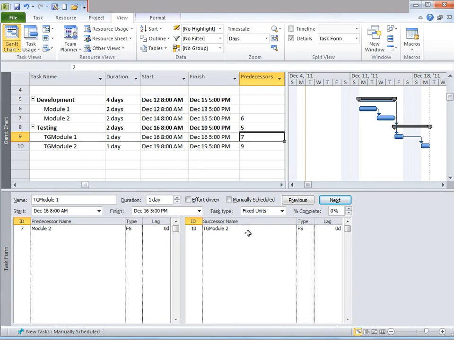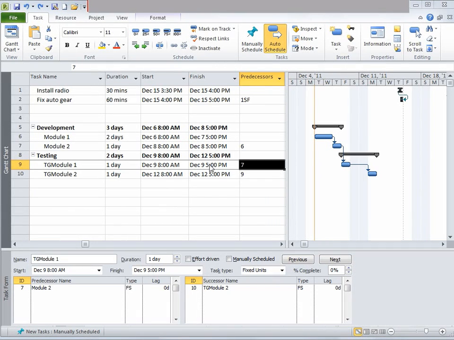So in order to set up lead time, we again need to go to the task form after clicking on Testing Module 1, which is our testing module. So in order to set the lead time, we're simply going to click on Testing Module 1, which currently has a predecessor of 7, which is Module 2. And then we're going to go to the Task pane,